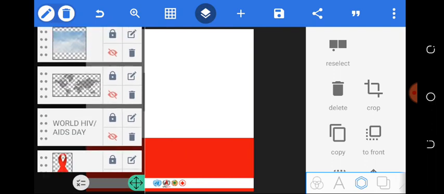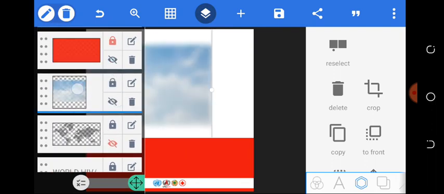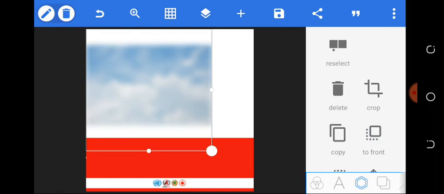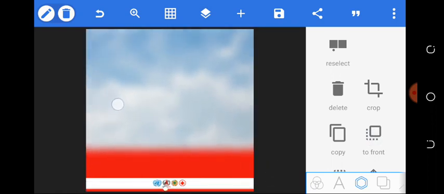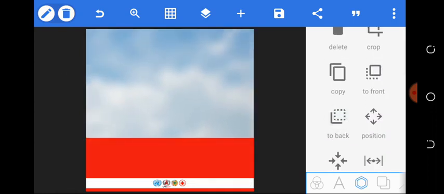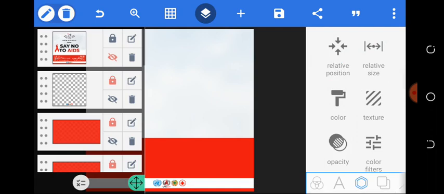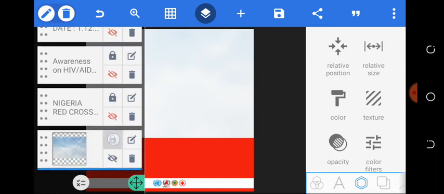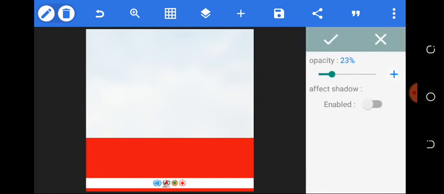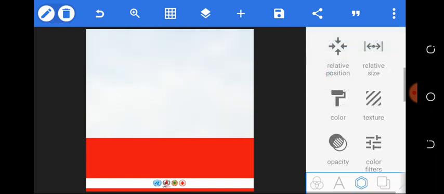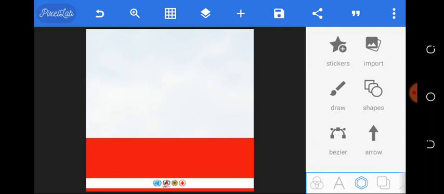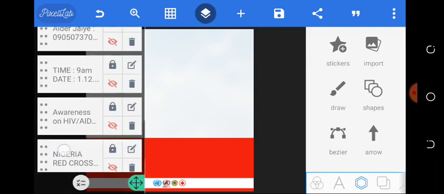So the next thing I'll be doing is bringing this cloud. Then I'll just bring it to the front. Then I'll just stretch, increase it, then send it to the back. So I'll reduce the transparency to, okay, let's just leave it this way. So the next thing is to come here and I just lock it. I still feel, let me just reduce it to about 20. Okay, now you're not seeing it much, however, but it's there. It's giving it this blue